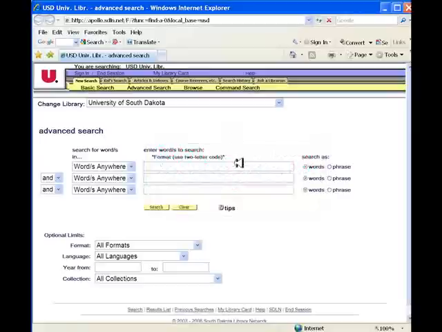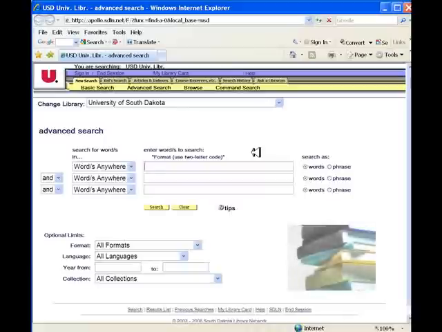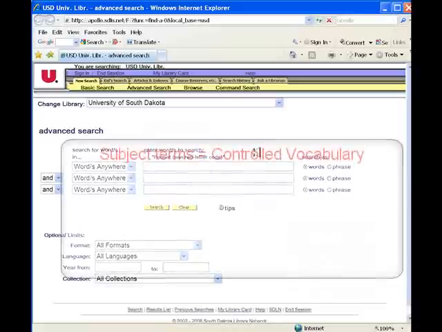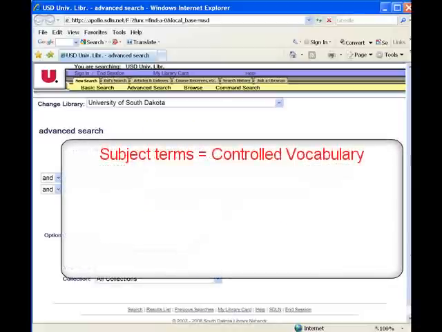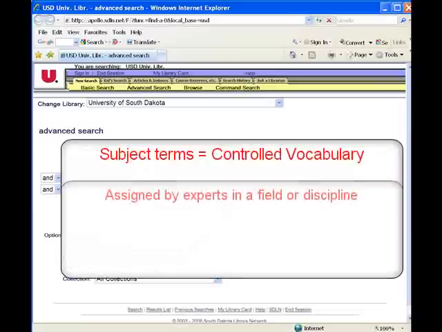Incorporating subject terms into your research is one of the most powerful strategies you can use. A subject term represents a category. Items, such as books and articles, are assigned to categories or topic areas. The subject term is what you use to locate similar items within a category or topic area. Subject terms belong to a controlled vocabulary because the terms are usually assigned by people with expertise in a field